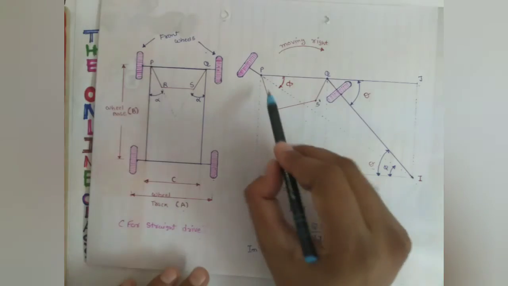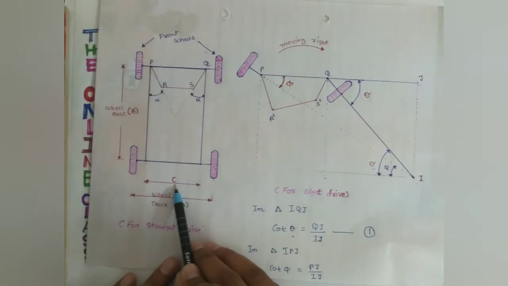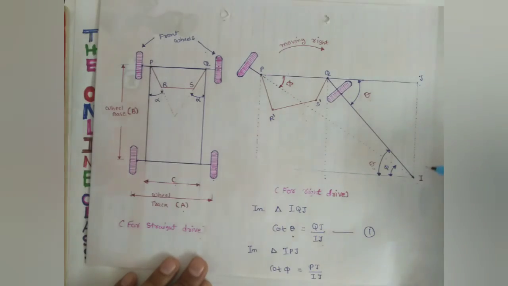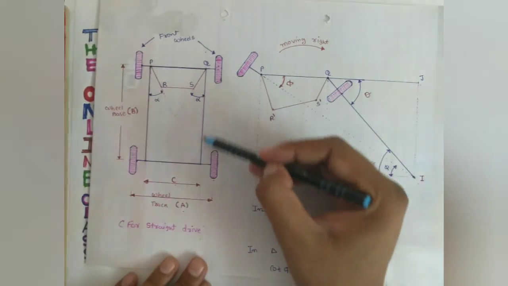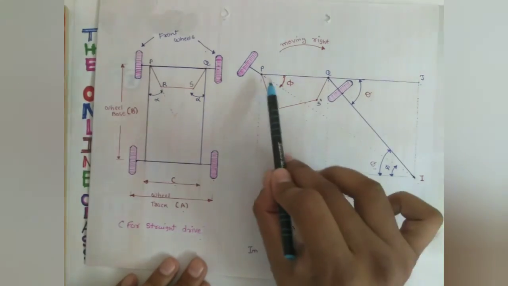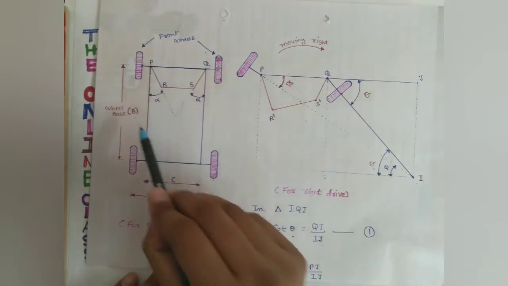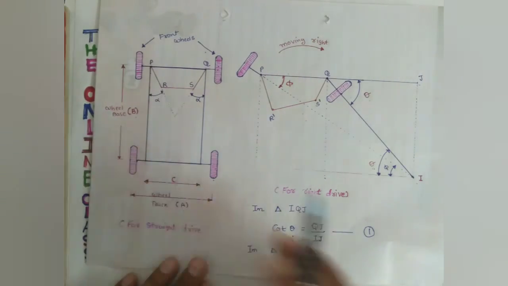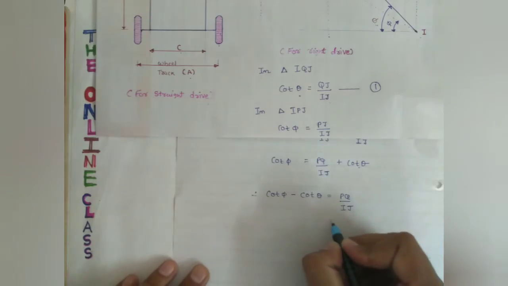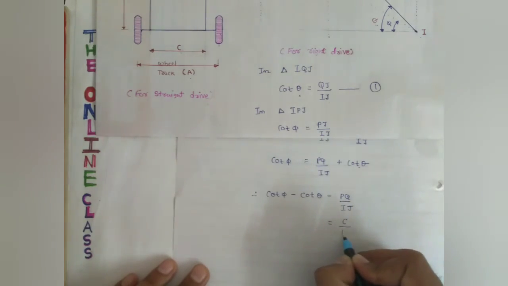Here this is our PQ, so PQ is C, and IJ is this, which is wheelbase B. So we can write PQ equal to C and IJ equal to wheelbase B. Putting PQ as C and IJ as B,